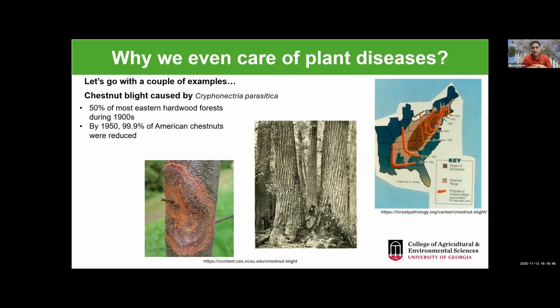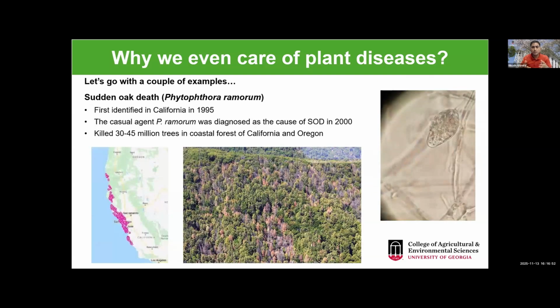And I'm bringing this point because I'm going to talk about some of the new diseases that we are facing in Georgia, and I just want to have that background on why we need to understand new pathogens and diseases. And here's another example I want to give, again about sudden oak death, which most of you might have heard. This is caused by oomycetes, which is fungus-like, but actually not a fungus.